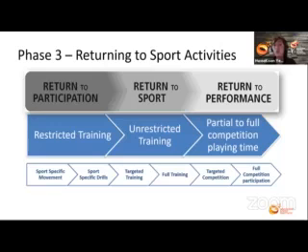So this is where we work with the coaches and say, Coach, for next week's training, we are putting the athlete to return to participation. Training has to be restricted, and the advice for the training will be provided. What we mean by restricted training is that, based on this athlete,